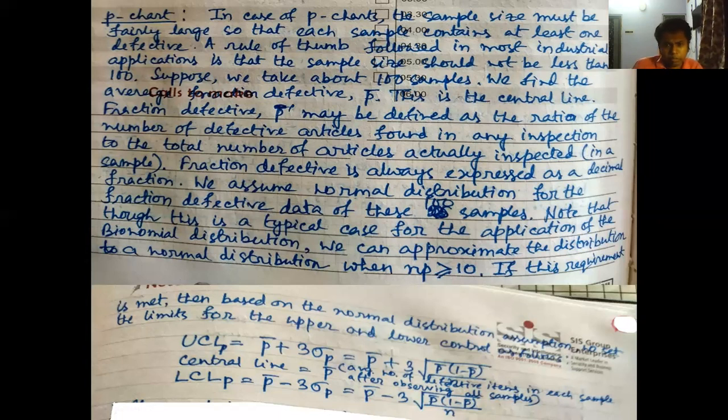In all these charts we will see that there is a line of mean, and there are two more lines. One is for the upper control limit and another is for the lower control limit. And in all the cases, the upper control limit and the lower control limit are chosen within the 3 sigma level, or 3 standard deviation level,